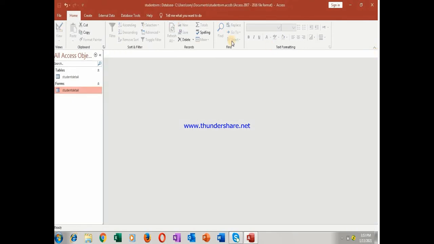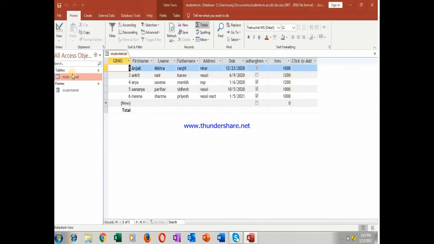You can close this one, and then again if you open you will be finding it. See, this new data has been entered. So refresh. For refreshing you have to close it, and again you just open this table, it will be showing you the new one. This is the new detail we have entered in the table. Can you understand? Okay, and this is the way we are creating the forms.